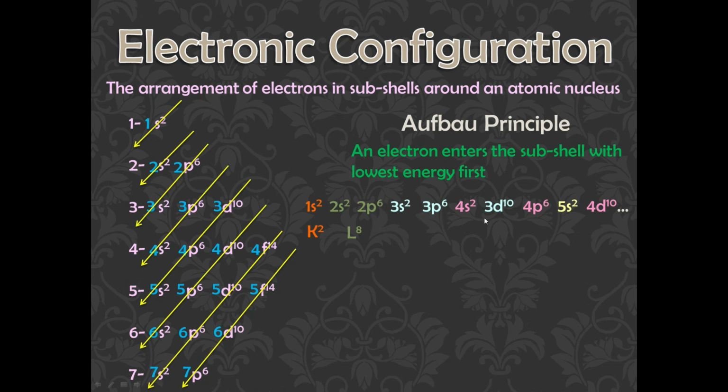Then these 3 subshells where 3 is written, these 3 subshells belong to third shell, that is M shell. Now you will see an upset over here. All these 3 subshells of third shell are not written together. This 4s2 is written in the center according to the energy sequence, because the energy of 4s2 is lower than the energy of 3d10. Therefore, it will come before 3d10. It will be written over here before 3d10.